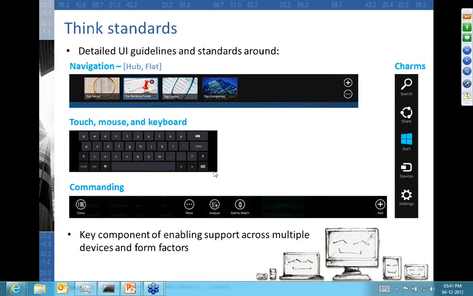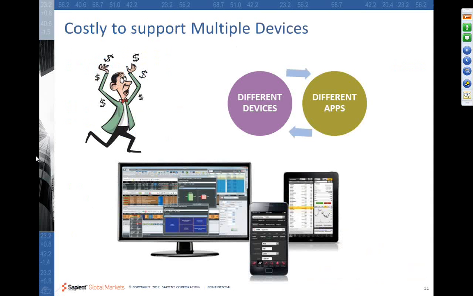And as I mentioned earlier, with this kind of standardization around, it becomes very easy for the user to use one application on a PC-based device and move from there to a tablet-based device and to a phone-based device. So that is the importance of the commanding and the standards. Now, since we've been talking about multiple devices, in the current scenario,